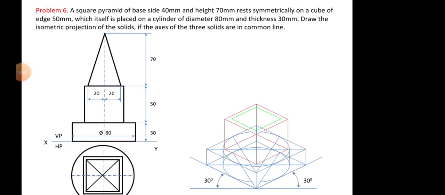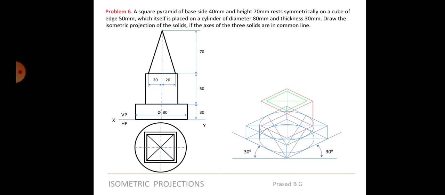Okay, so what we'll do now is locate the center. From the center you will take the height, as I told you, up to ISO 70. From that ISO 70 point we will start connecting to all the points. From here we will join it to this particular point, and from here again to this point, and from here to this point. The last one will not be drawn because that comes on the back side. So let us just join those points.